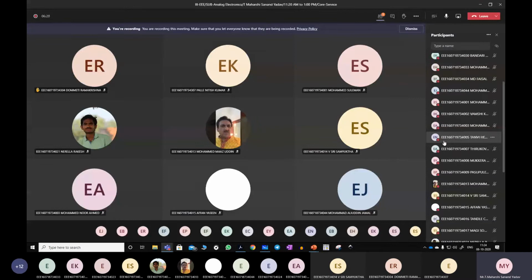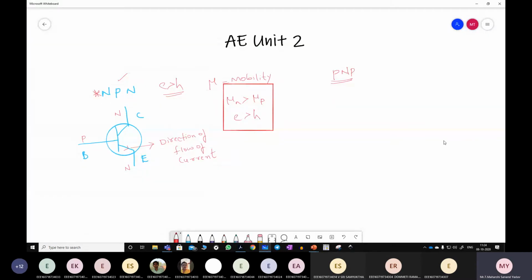Okay, do you have any idea about all this N-type and P-type materials? Nitish Kumar? Yes, sir. We are getting noise from your end. Can you tell me what are N-type and P-type? Examples. Because these are some of the basics. According to your knowledge, what are N-type materials? Are they third group or fifth group?